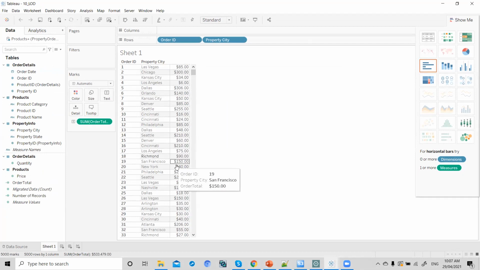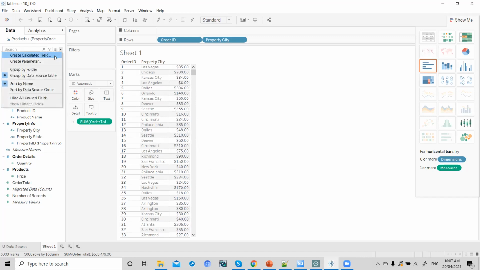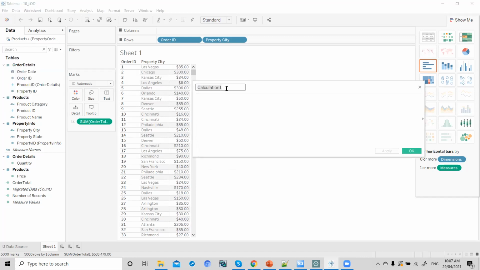So what I need to do now is subtract my total order with the average value. For example, this is my order total. If I want to subtract this with the average